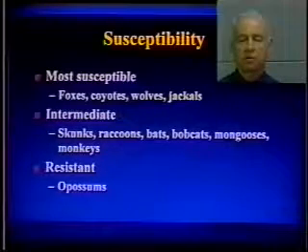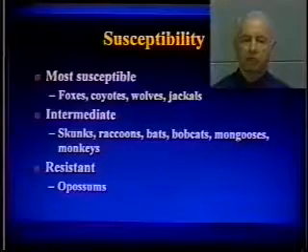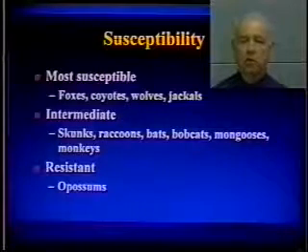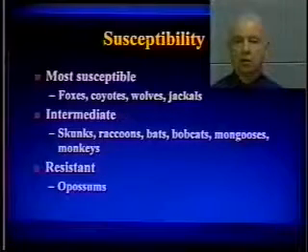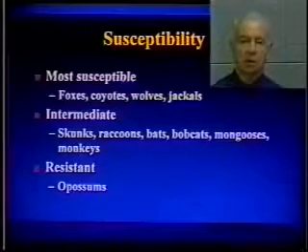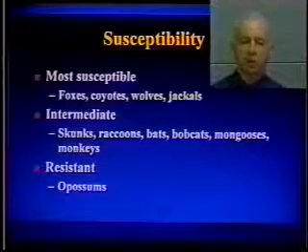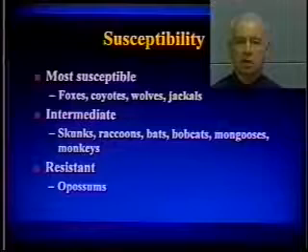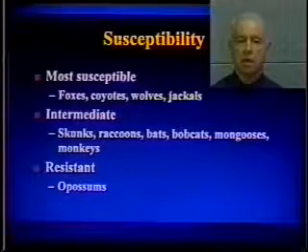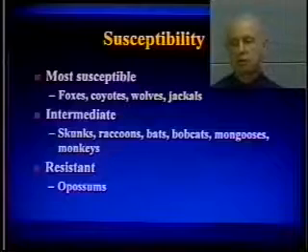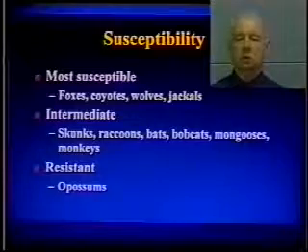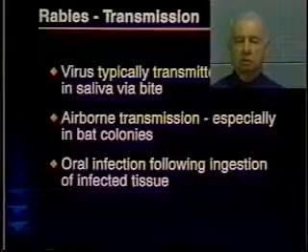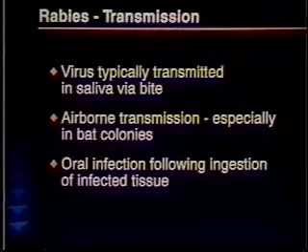In any case, as far as susceptibility to rabies, this varies among animal species, and it is those of the family Canidae that are the most susceptible to rabies, the coyotes, the foxes, and wolves, and so forth. Those of intermediate susceptibility are listed on the slide: skunks, raccoons, others, and there are some animal species, specifically the opossum and the squirrels, which seem to be highly resistant to rabies and are almost never reported, regardless of the circumstances. As far as transmission is concerned, rabies historically is associated with bites.